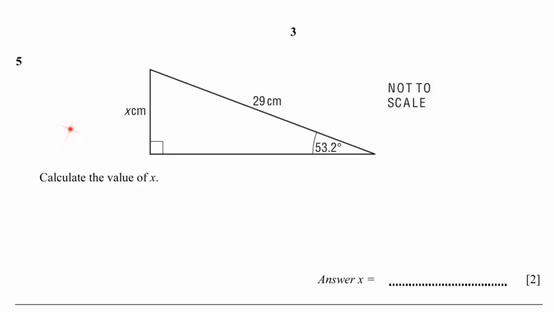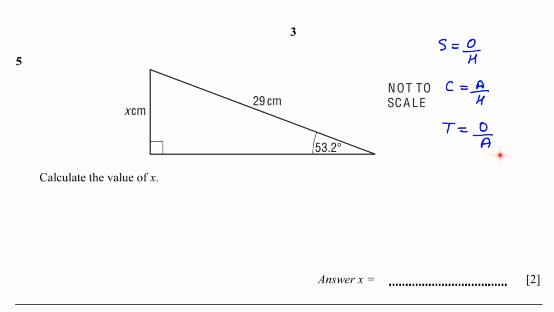In this question, we have been given a triangle. It's a right angle triangle. One side and one angle has been given to us, and we have to find the other side. Whenever you have a question like that, it is related to trigonometry. So what are the 3 identities you are supposed to know? You are supposed to know SOHCAHTOA. What does that mean? So sine is equal to opposite over hypotenuse, cos is equal to adjacent over hypotenuse, and tan is equal